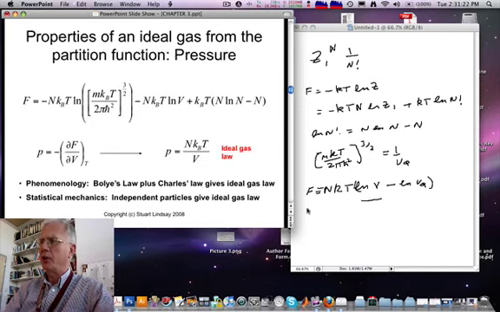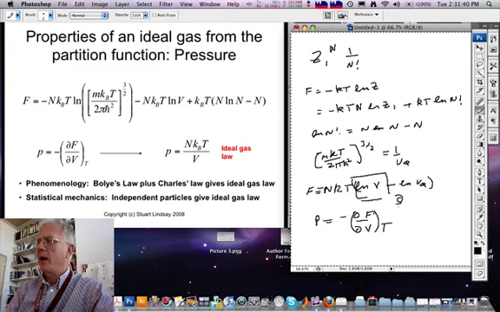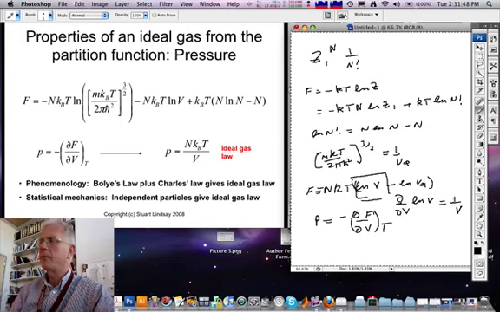recalling that the pressure is given by minus the derivative of the Helmholtz free energy with respect to volume at constant temperature. This is made easy because there is only one term here that contains the volume, which is this. So d by dV of the log of V is just given by 1 over V. Putting this back into our expression for pressure, we end up with P is NkT over V,